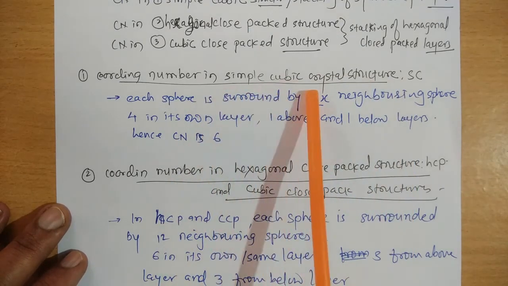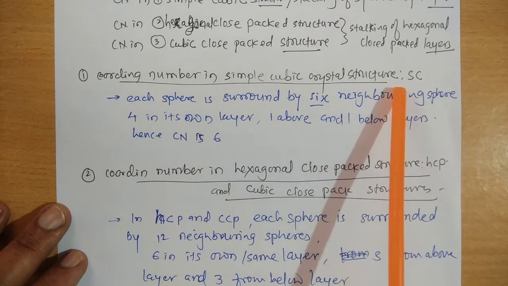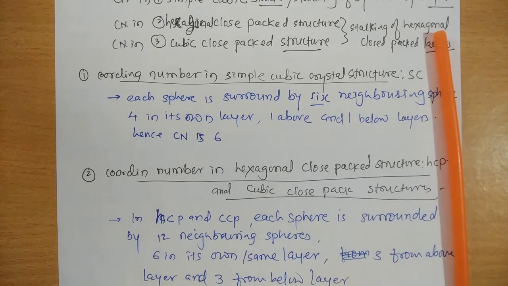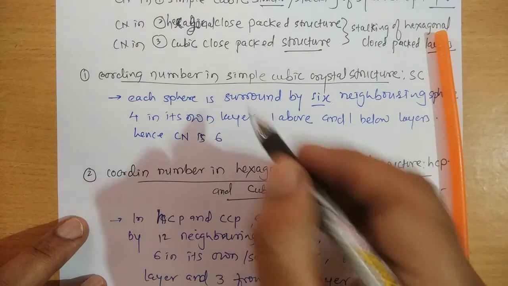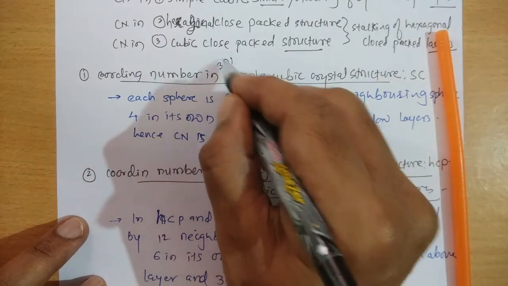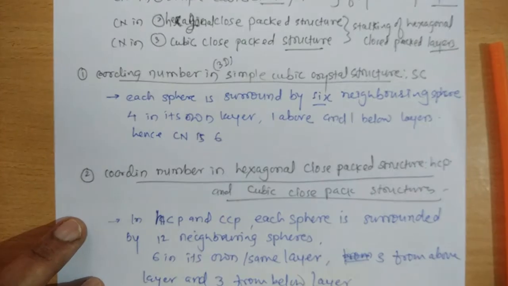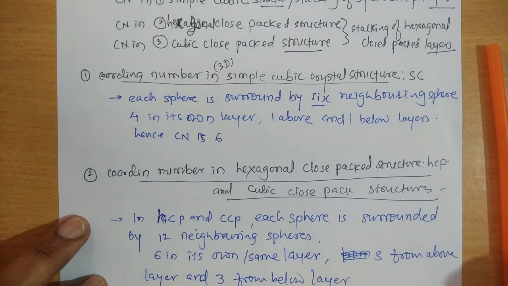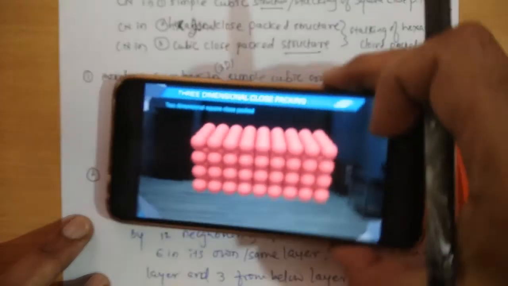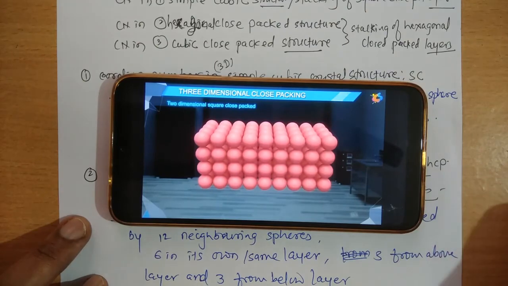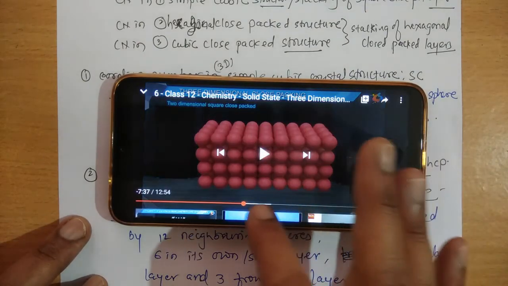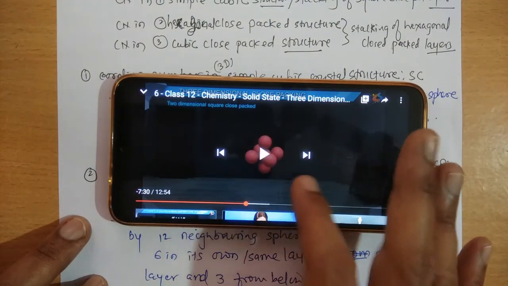The simple cubic three-dimensional crystal structure we have seen in the previous video. So this is the simple cubic structure, and the coordination number here is like this.